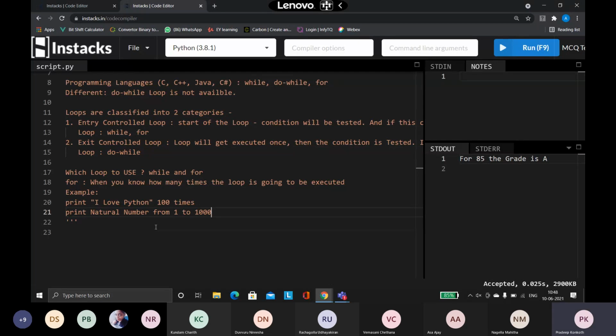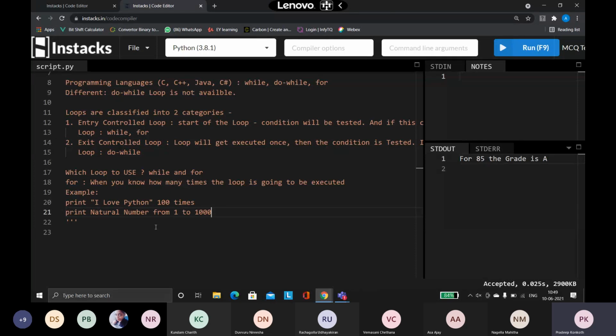So I am asking you to print from 1 to 1000, so the loop is going to get executed 1000 times. I know that for sure, so you are going to make use of the for loop. Whenever you know how many times the loop is going to get executed, the best option is to make use of your for loop.